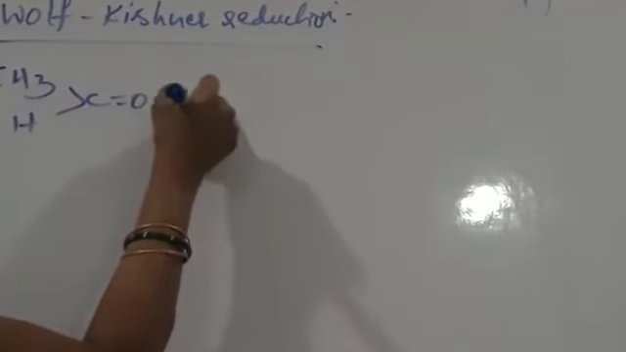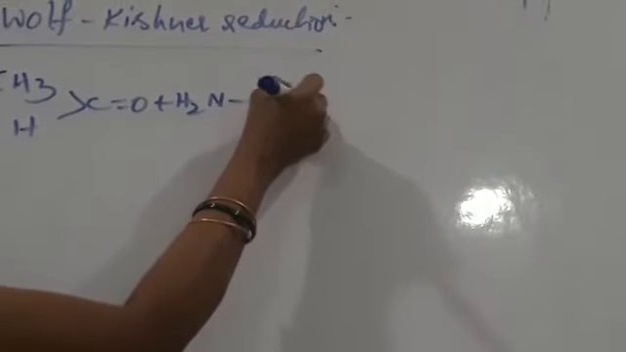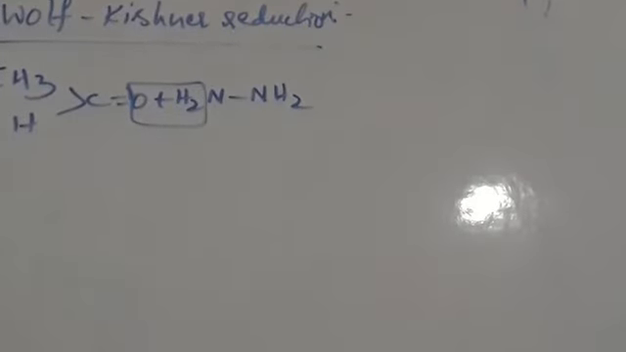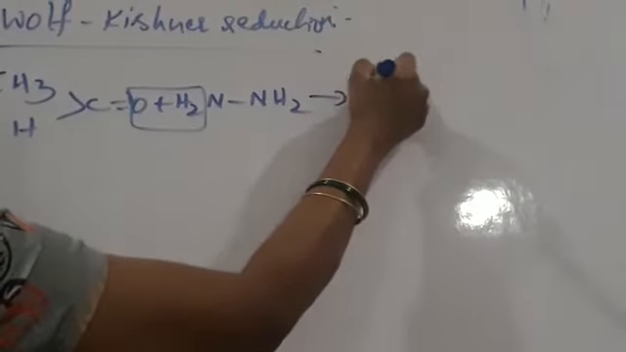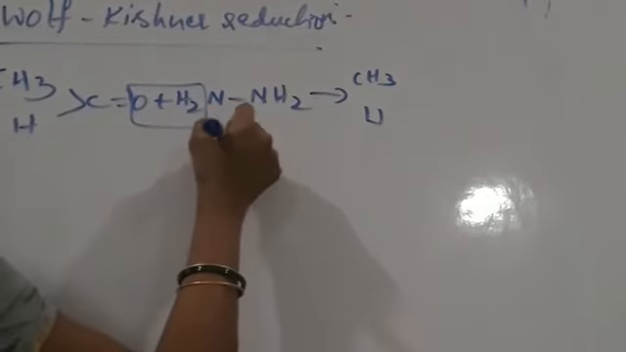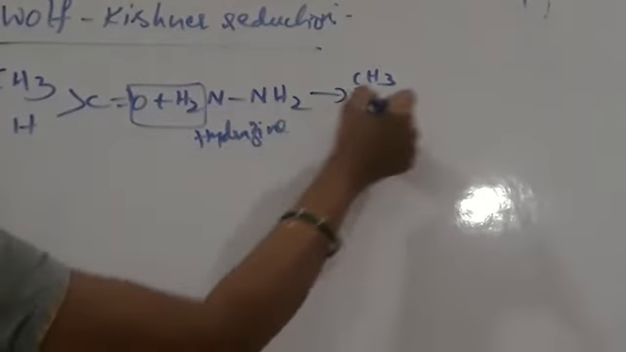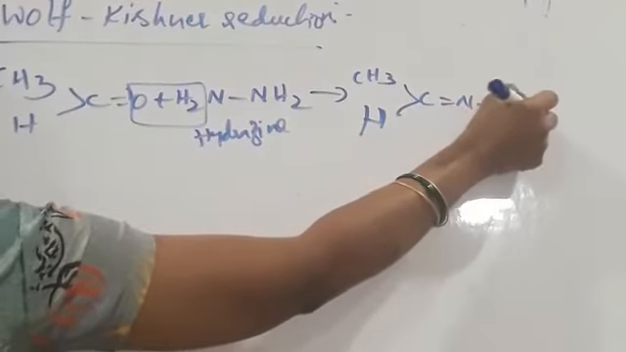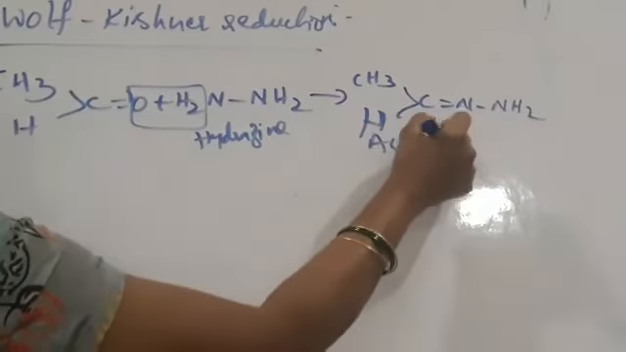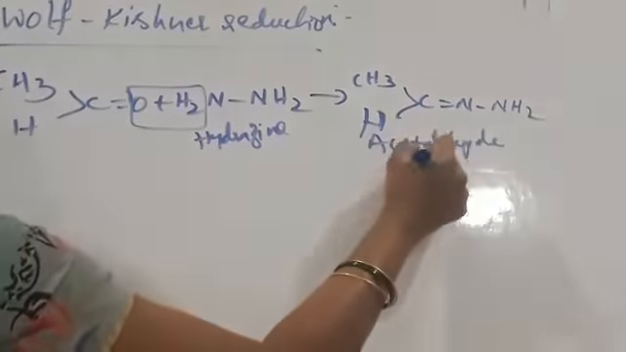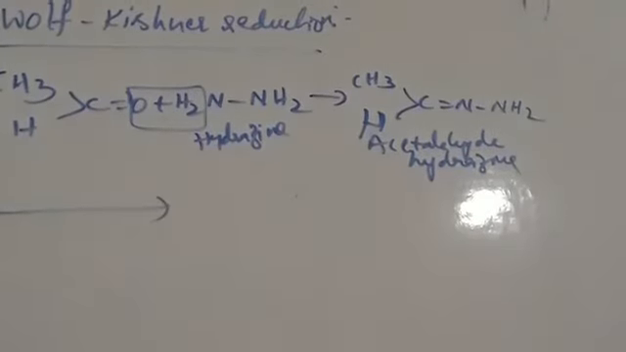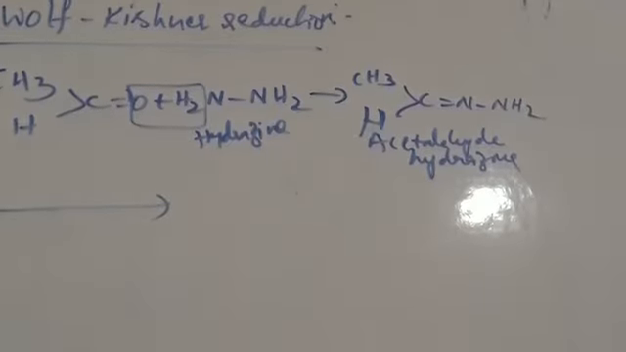Acetaldehyde first undergoes reaction with hydrazine. Okay. And it converts into acetaldehyde hydrazone. So acetaldehyde hydrazone is the intermediate here. So this is hydrazine. With hydrazine, first we get acetaldehyde hydrazone, and acetaldehyde hydrazone in presence of potassium hydroxide and ethylene glycol